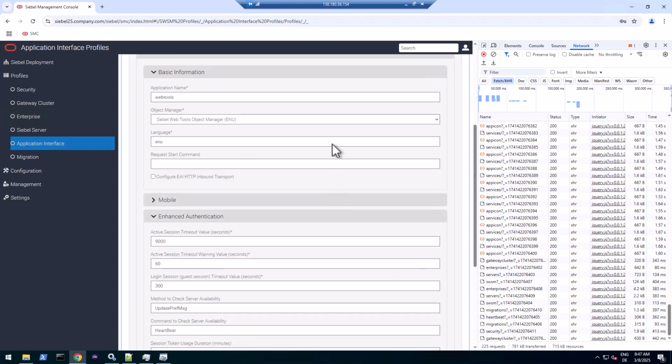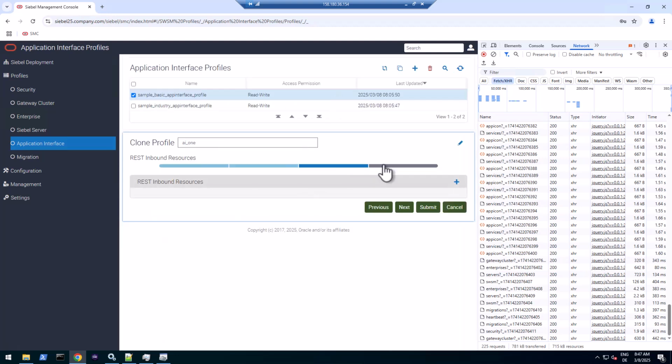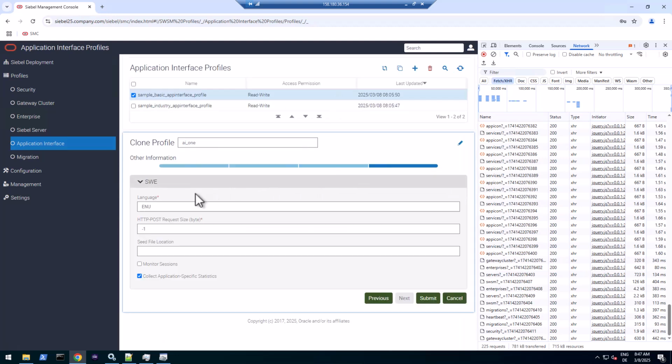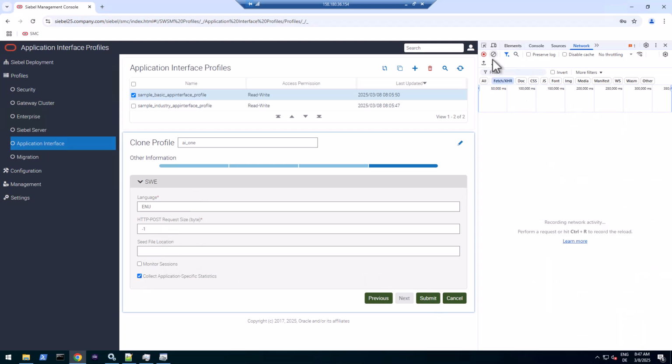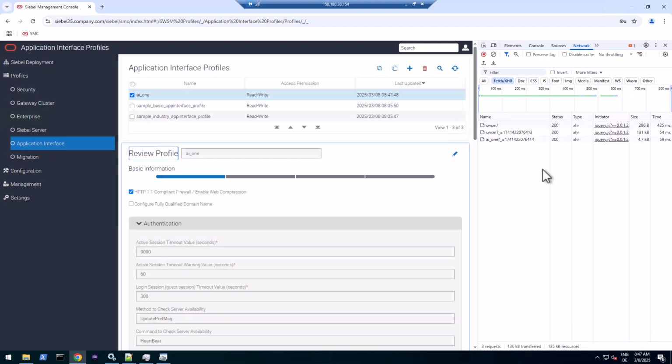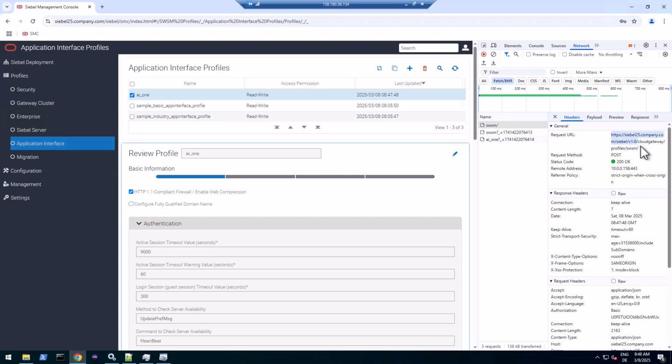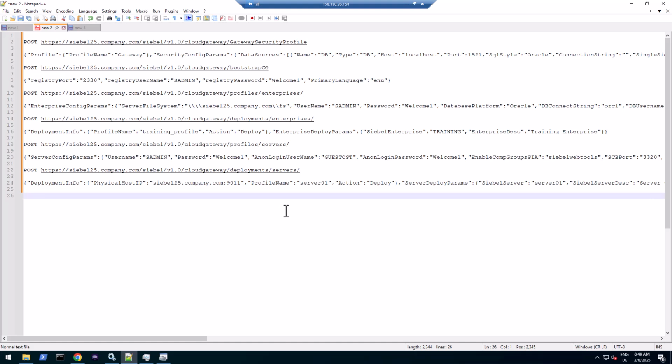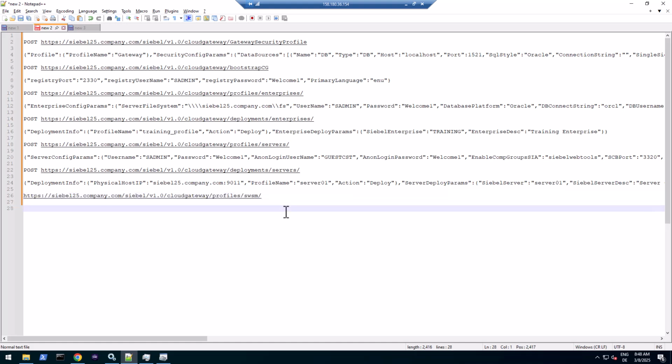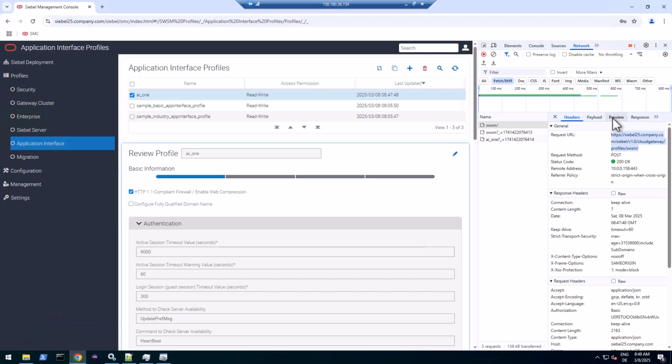Okay, so let's check the third page. There's nothing here to see, and also page 4, well, you can usually keep the defaults. So let's submit that, and we get, well, it's funny that it's called SWS Siebel Web Server M something. And there's another POST request for us to create a profile. And you see I've done many clicks. And probably in the future I want to do this from a REST call. So I grab the payload,